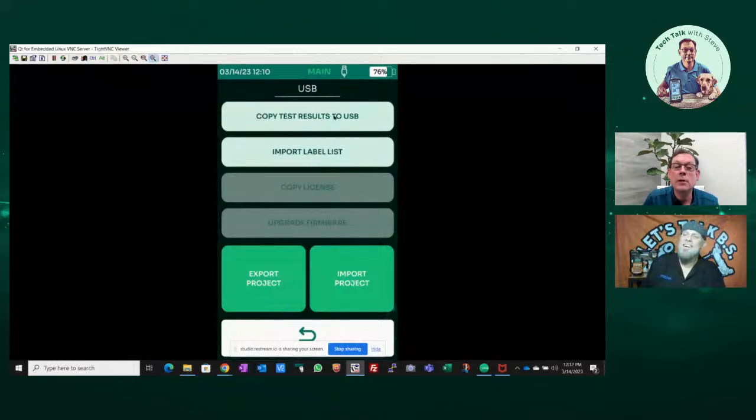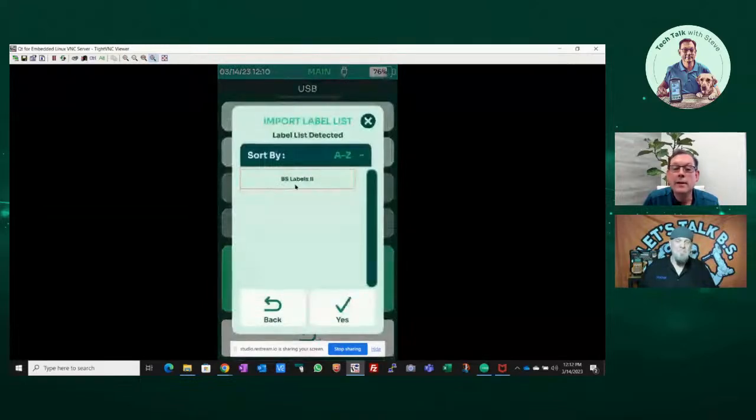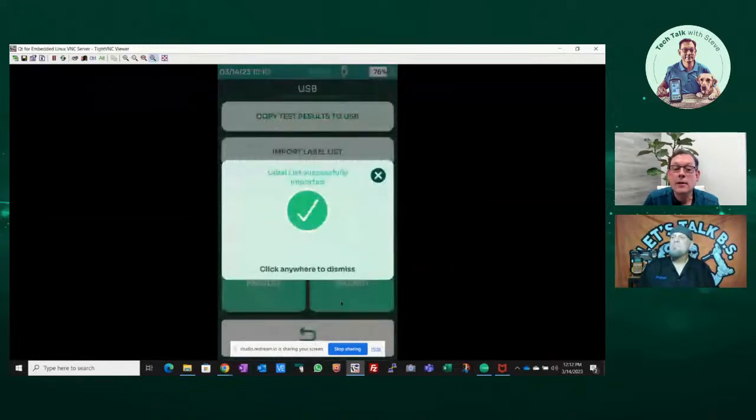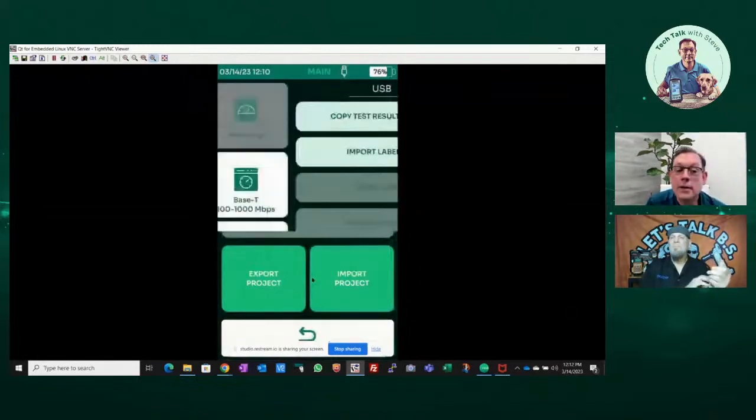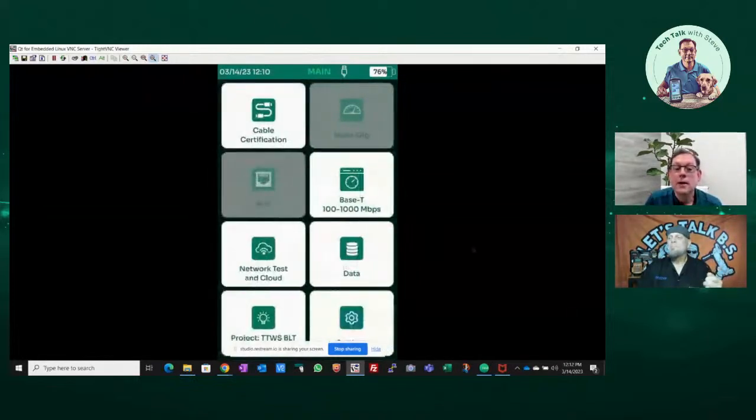So here we go. The USB menu popped up on my tester, and I could copy test results if I have them on here, but what I want to do is import my label list. So I click that, I select BS labels 2, and I click yes. And it has been imported. So now I can just hit the home button on my tester, and I'm going to go right back here to my